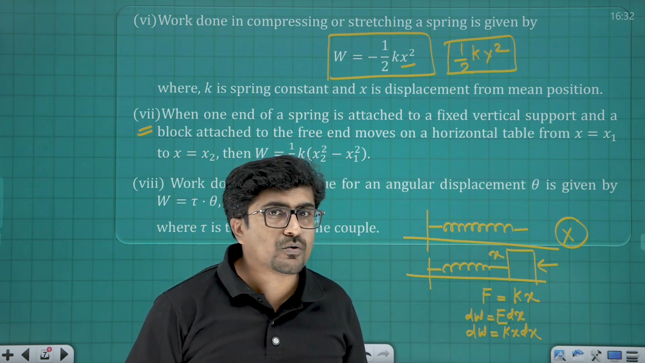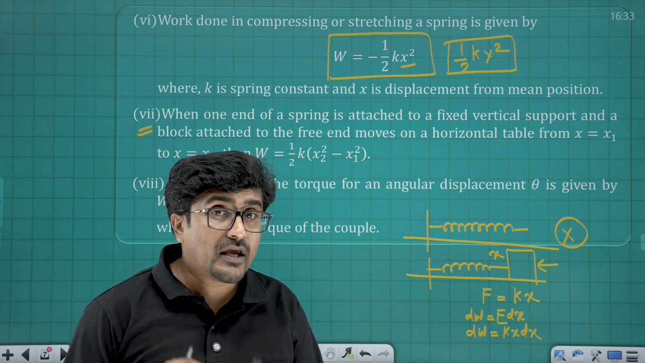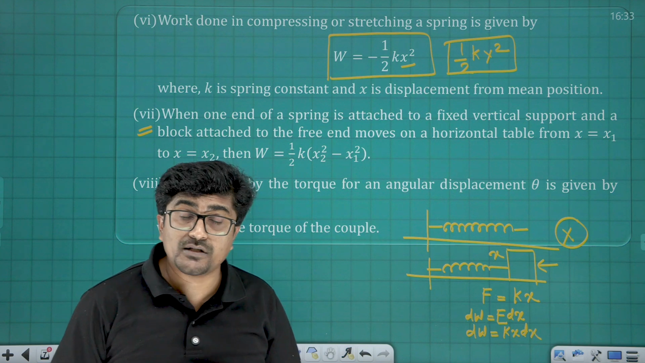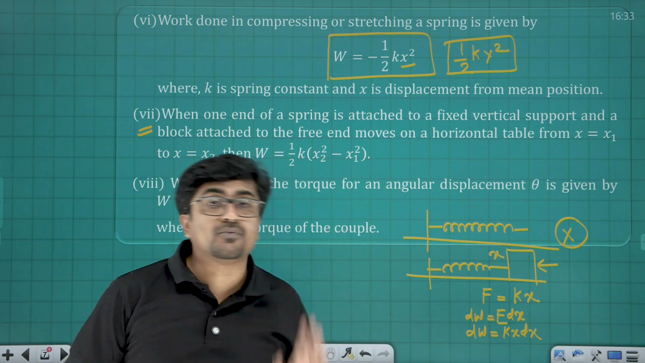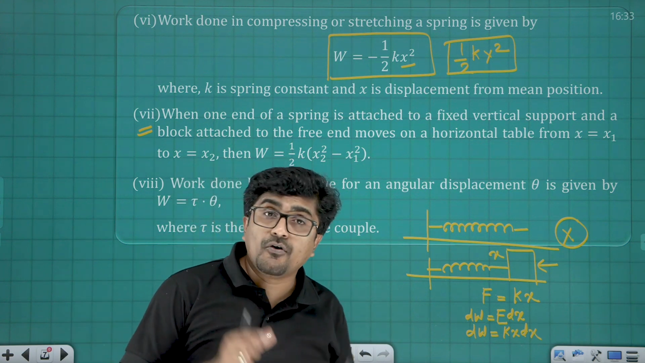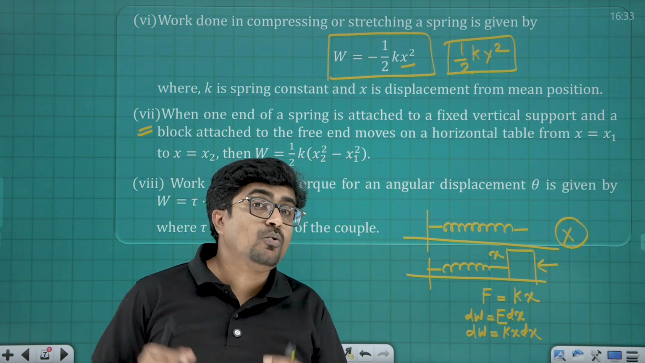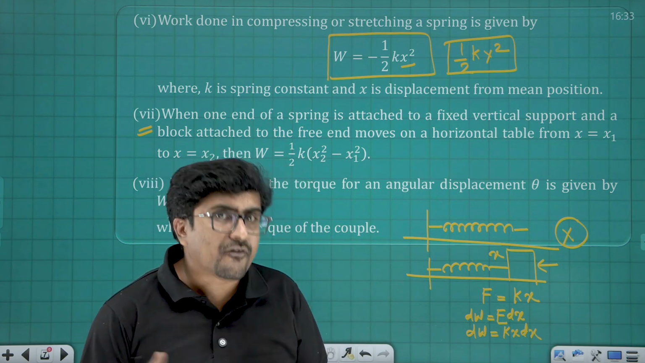Now just have a look. What is the final potential energy? Final potential energy is half of K into x2 square. That is the final potential energy. And what is the initial potential energy? Half of K into x1 square. I repeat, final potential energy is half of K into x2 square, and initial potential energy is half of K into x1 square. So the energy difference,